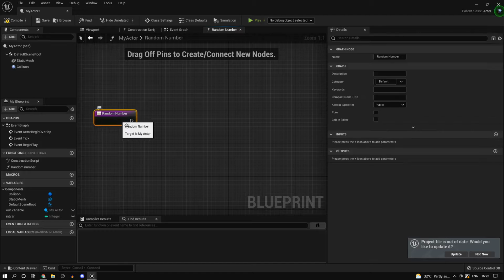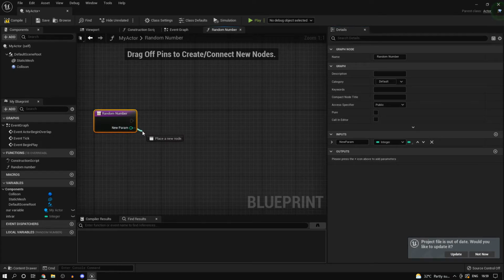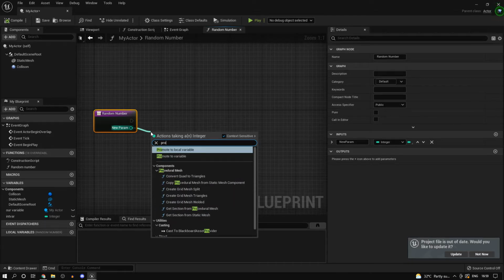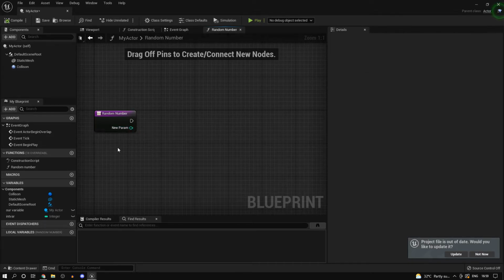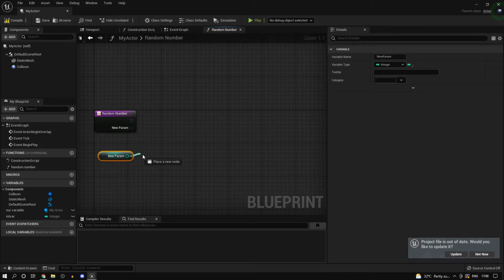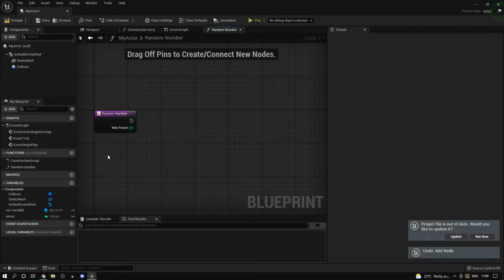And one more feature of functions is in and out parameters. So if you add an input, you can actually pass in any value. So if I just click on integer, you can actually get this value over here. But one really stupid thing that I see people doing is, now we have this new param. Let's say you wanted to get this. I see people doing ridiculous things like promoting to a local variable and things like that. No, you don't need to do that. You can just type in new param and you can actually get a reference to it. You do not need to promote this to a variable again. That's one thing that people do not know.